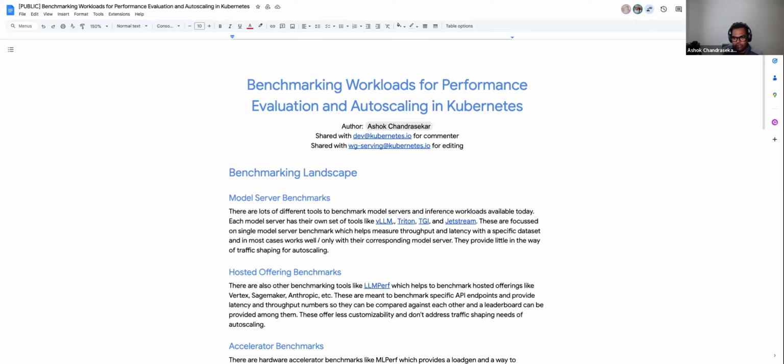So you run benchmarking once to decide how it looks before starting to use it. But there are continuous cases where you might want to monitor how the performance is on an ongoing basis, right? Maybe you're rolling out a slightly newer version of the model, or maybe you're making some changes to your autoscaling setup, right? Maybe you change your HPA metric to something else. You want to see how it is doing instead of waiting for your production workload and then observing it in